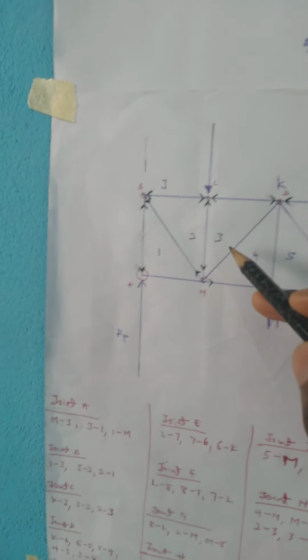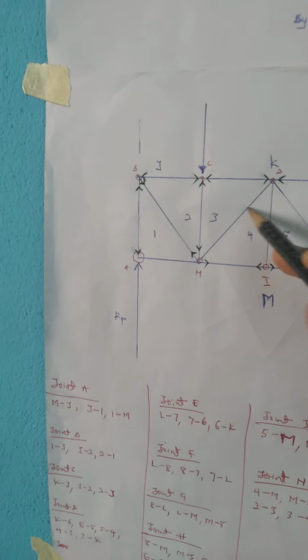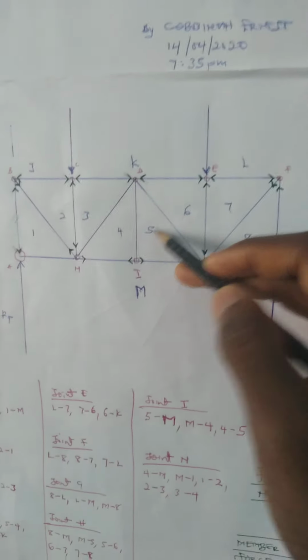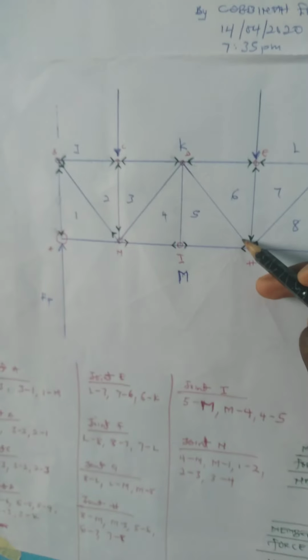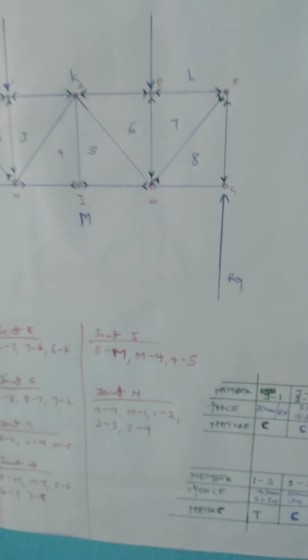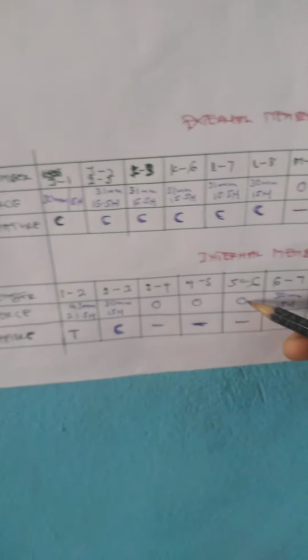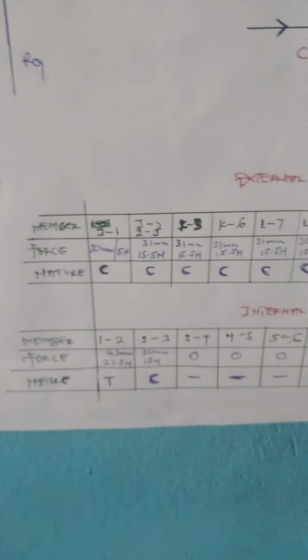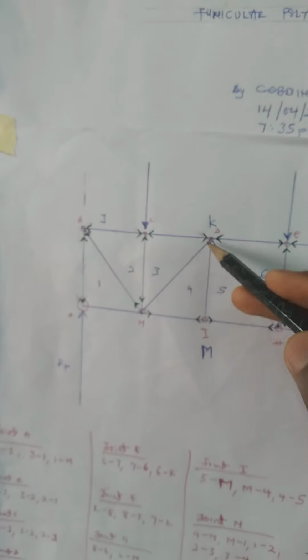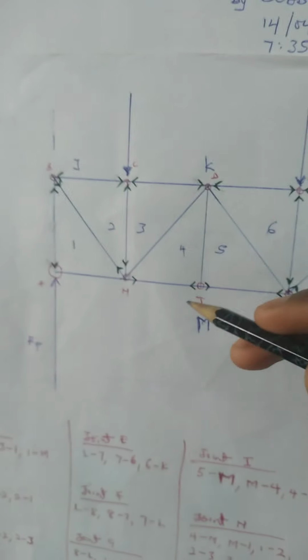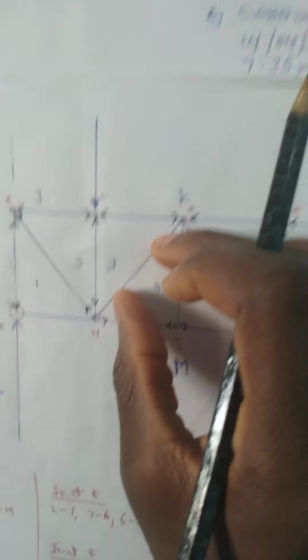So members 3 and 4, 4 and 5, and 5 and 6 will have to be removed because we realize that they are all zero force members. It means there is no force acting on them, and they don't even have any arrows, meaning they are also not exerting any force. So what happens is that they become waste in their position. So you just have to